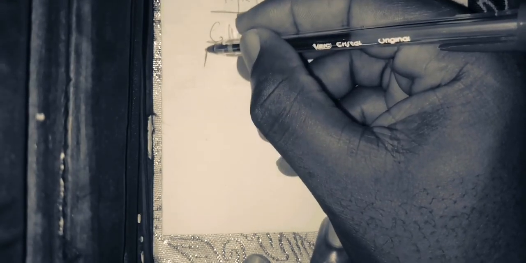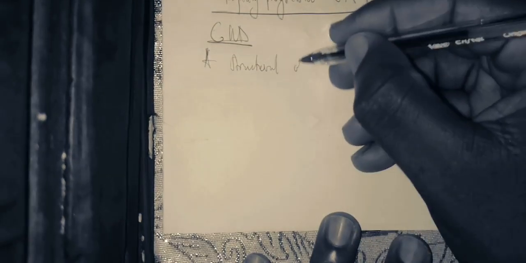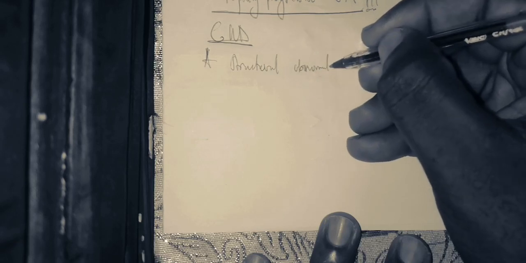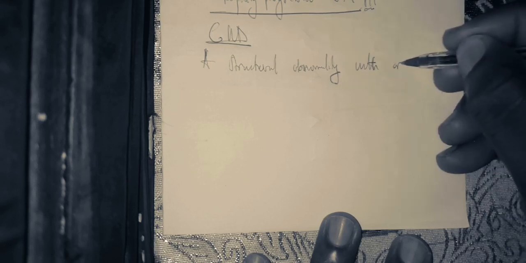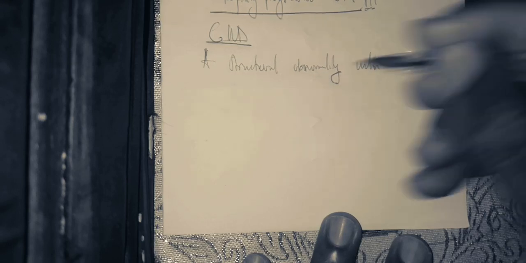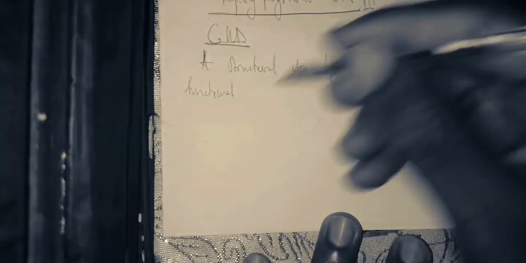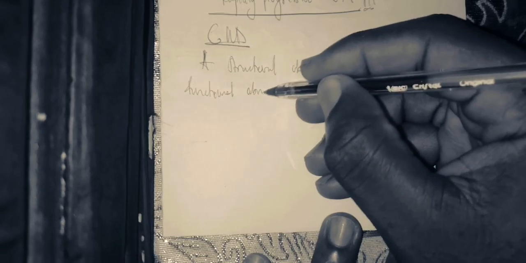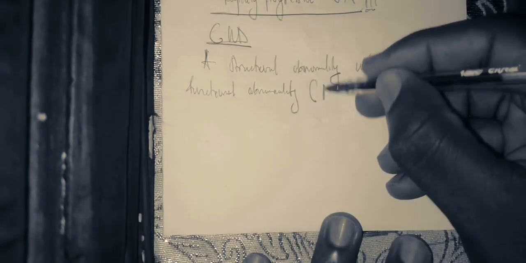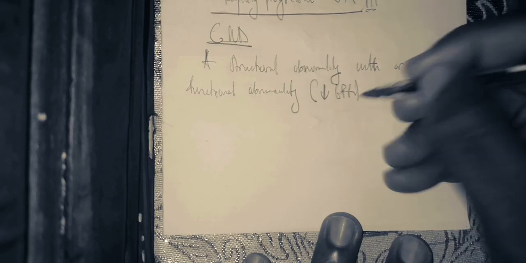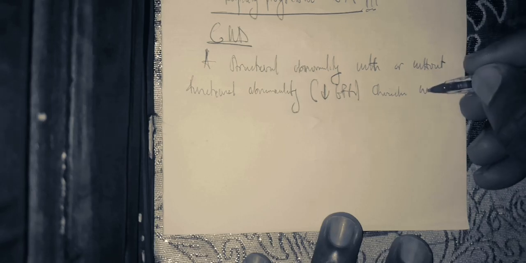It is a state of structural abnormality of the kidney, with or without functional abnormality, that is, a low glomerular filtration rate, characterized with or without oliguria,